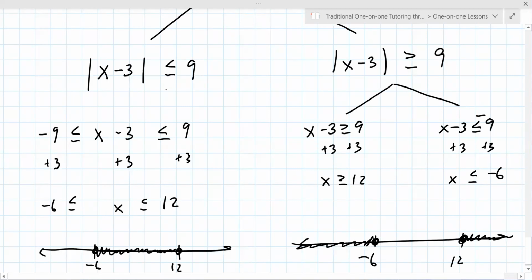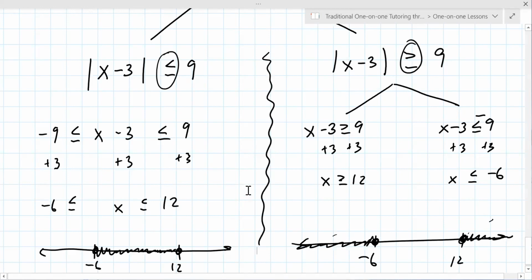So when it's less than or equal to, you get between. When it's greater than or equal to, you get the outside. Inside and then outside. All right. And it all comes from just that inequality. One symbol totally determines that. Yeah, it changes that. So what you have to be able to do is identify, and that's what I was